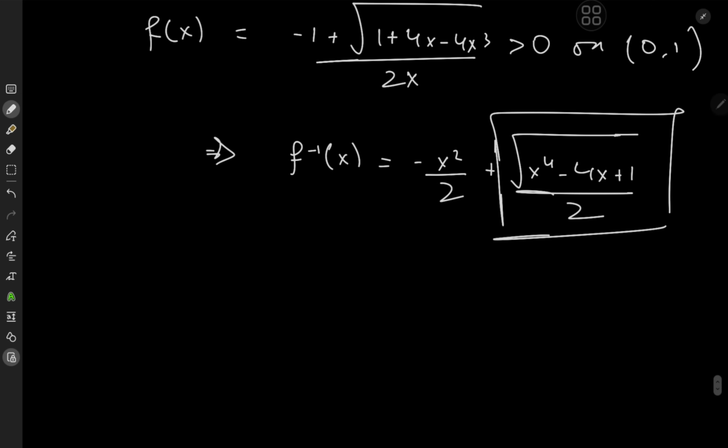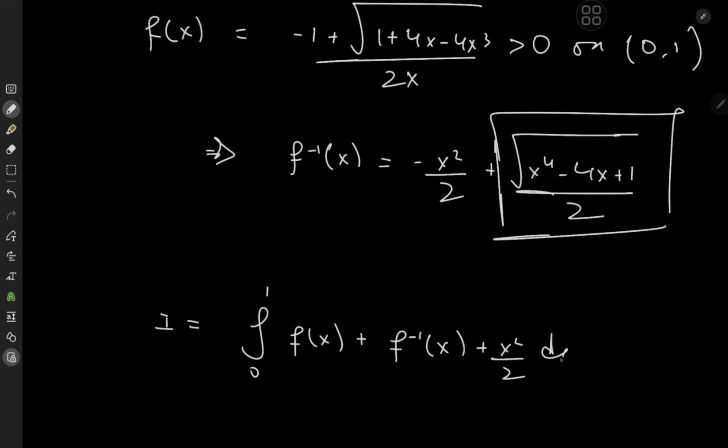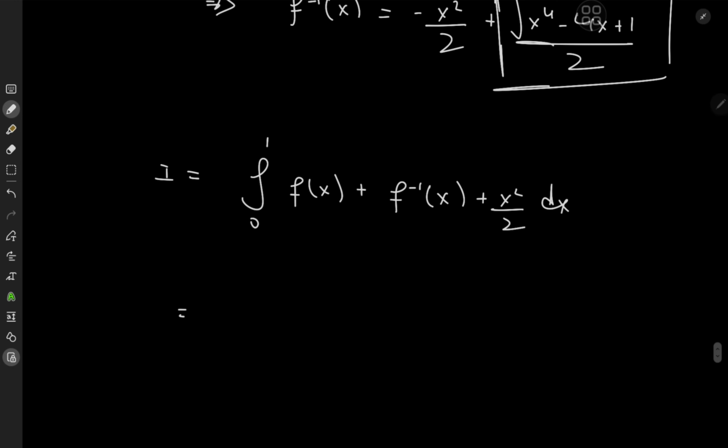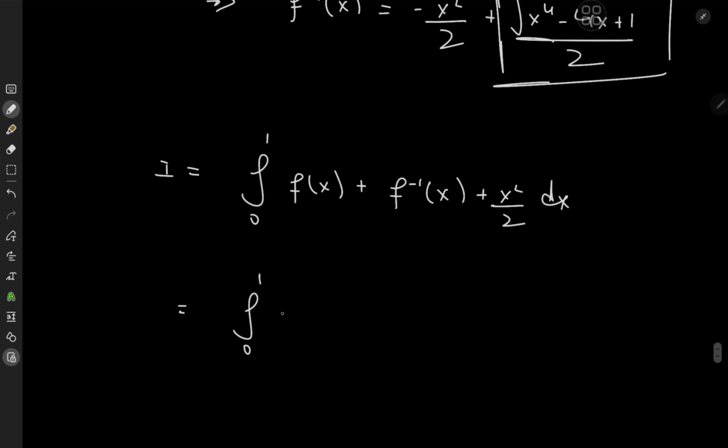So that means our target integral I equals the integral from 0 to 1 of a certain function of x plus the inverse function of x plus a term of x squared over 2 dx. Okay, cool. Now, using the linearity of the integration operator, we have the integral from 0 to 1 of x squared over 2, so that's a 1/2 outside, dx, plus the integral from 0 to 1 of f of x dx, plus the